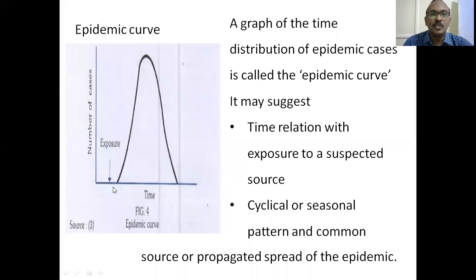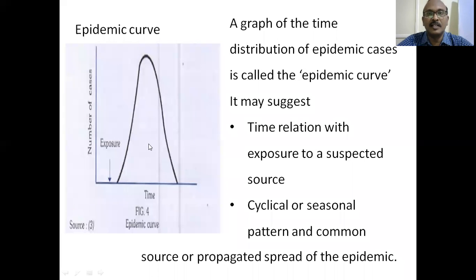So the incubation period may vary from the entry of the disease agent to the appearance of the first sign or symptom. Since the incubation period is variable, it can be as short as this or as long as this. For this case at the tail end of the curve, the incubation period can be from this point to this point. So incubation period is generally variable, as we see.